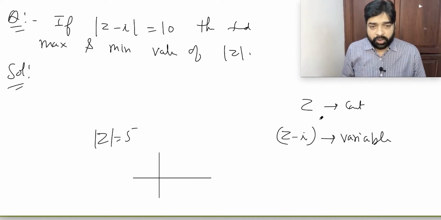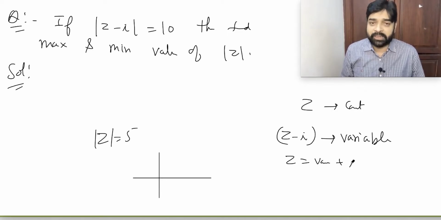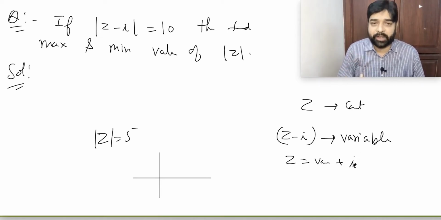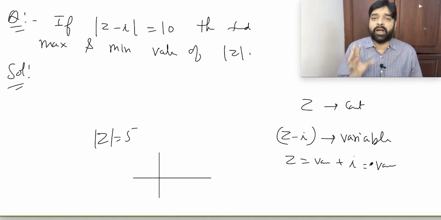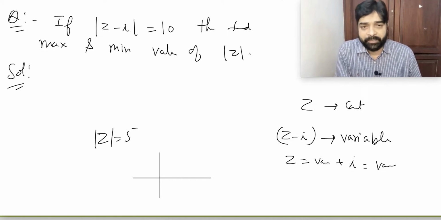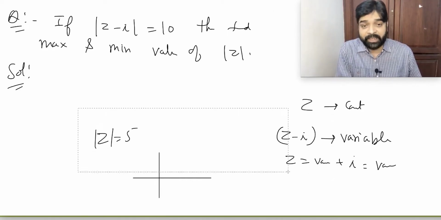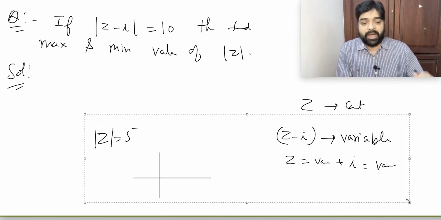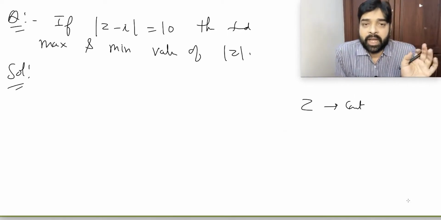If z minus i is variable, I can say z equals variable plus constant. This much you don't have to do, just for the initial stage I'm telling you. z equals variable plus i. i is a constant quantity. Am I right? So variable plus constant will be what? Variable. So we'll say simply it's a variable. So what we decided is that z is variable. If z is variable, then it's very much right to ask a question: what is the maximum value, what is the minimum value? Have you understood the point?